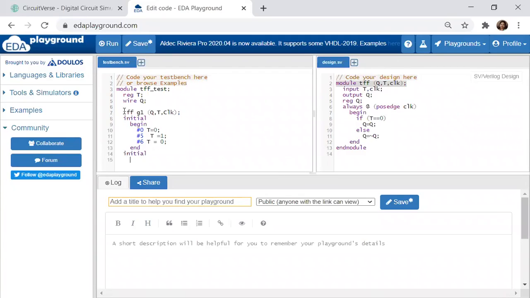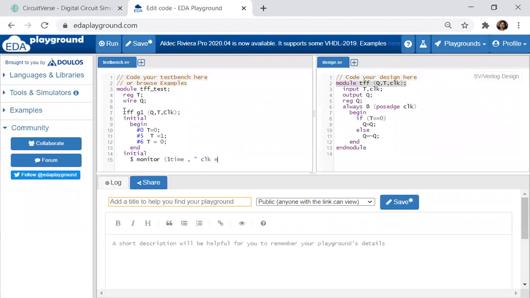So this is to print: $monitor, $time. What do I want to see? I want to see clock first.